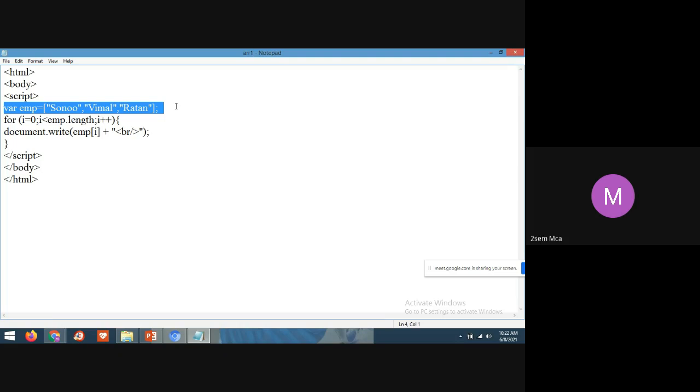Here we are not using a new keyword. The array declaration with a literal, where emp is equal to some names: Sono, Vimal, and Ratan. So three names we have declared here. And you know how this for loop works. So, students, no need to explain the logic of this for loop, no? Yes?